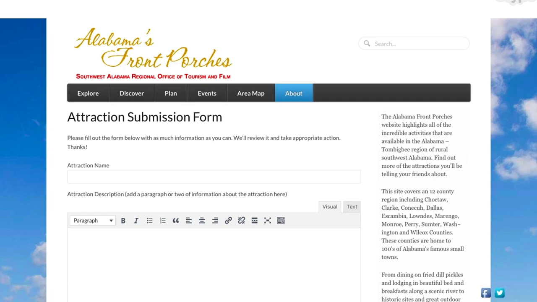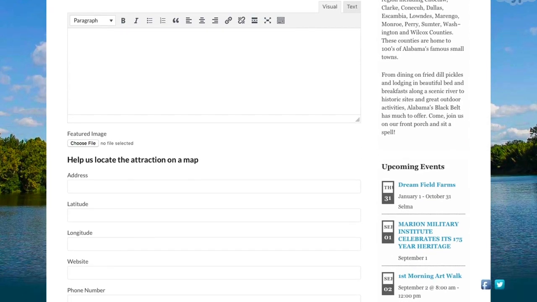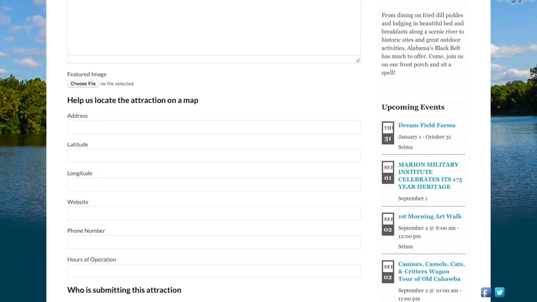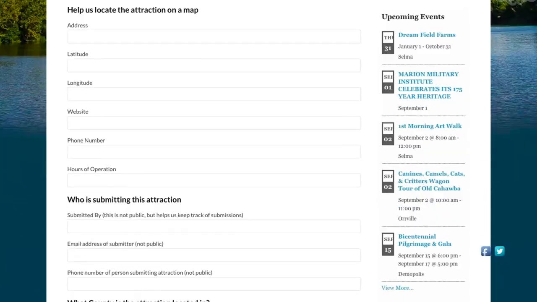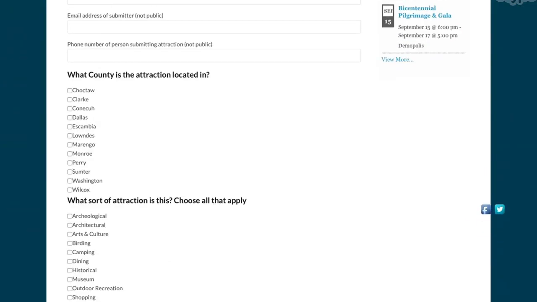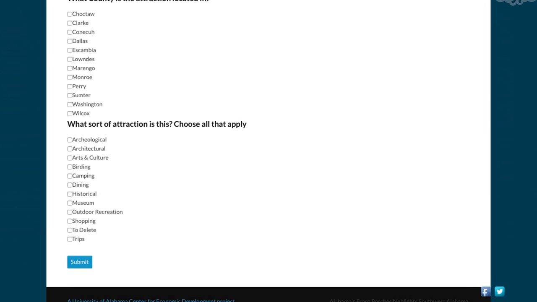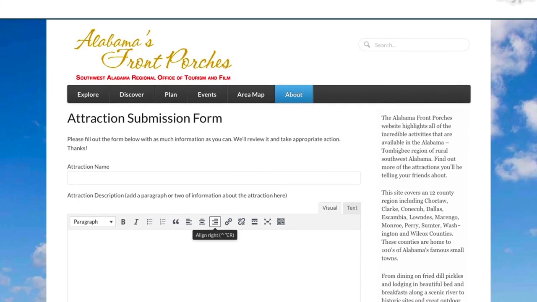They submit and they save as pending so that someone on the actual staff can review it and make sure it's legitimate and make sure it's accurate and make sure it contains the kind of information we want to promote. But using CRED, I was able to build this form, which is pretty simple, but it allows it to pull in and map the location. You pick what county and what types of attractions they are, and then you basically hit submit, and it ends